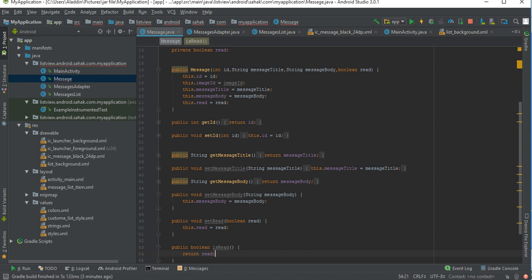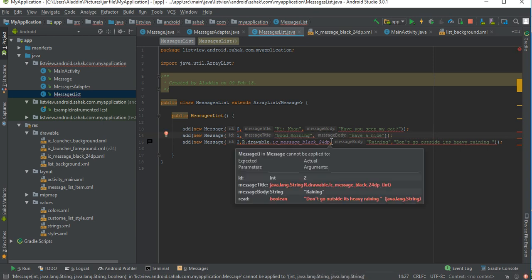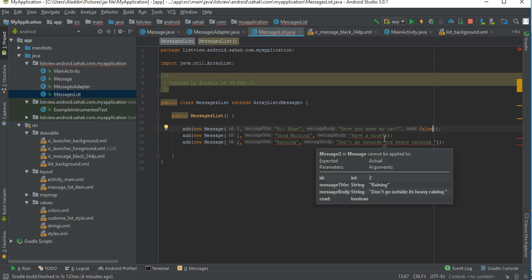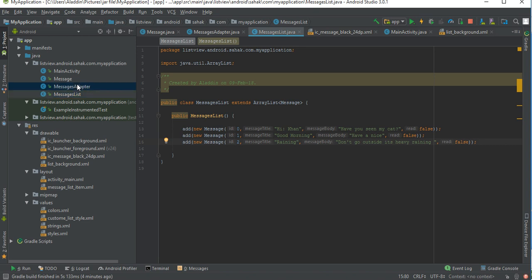Now let's go back to our messages list class and remove these icon IDs from here and here, and put here false. Let's make it false by default. False, and false. Okay, now let's go back to our message adapter